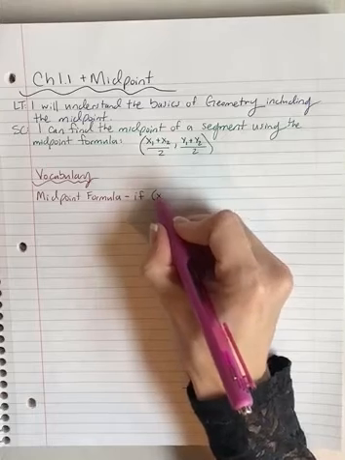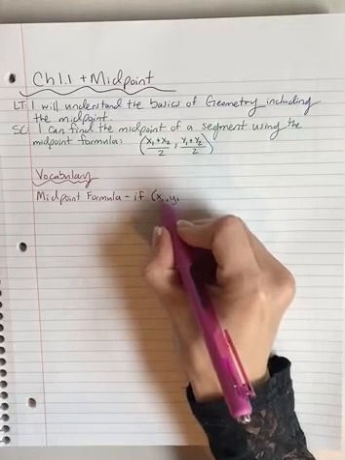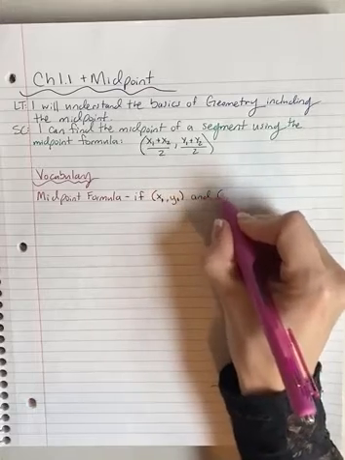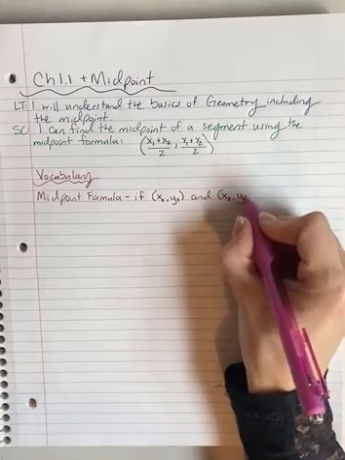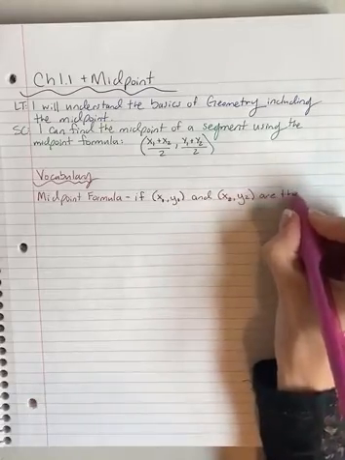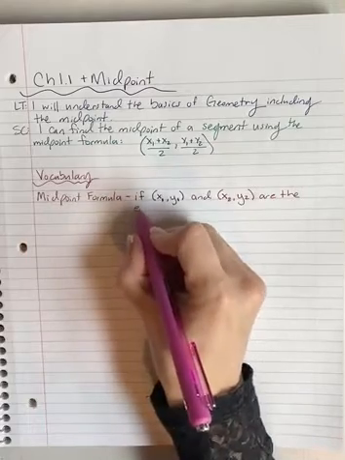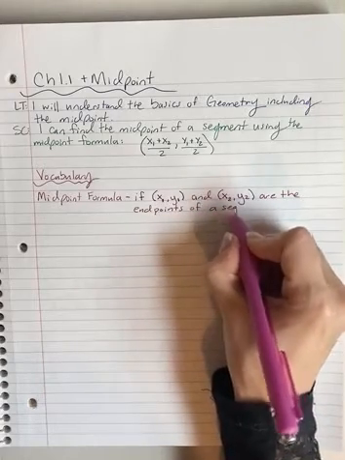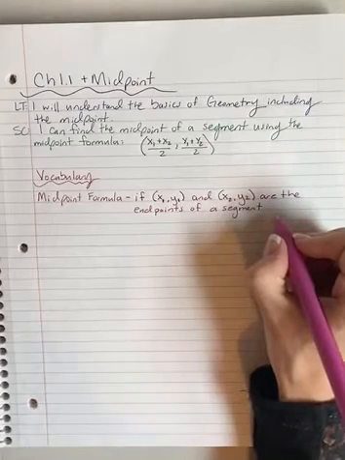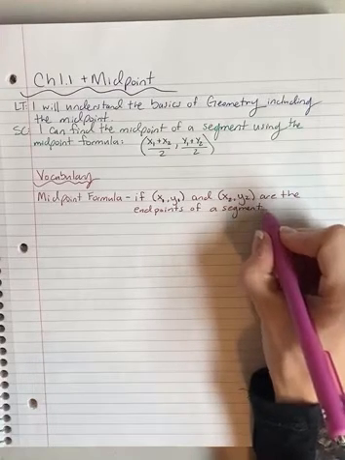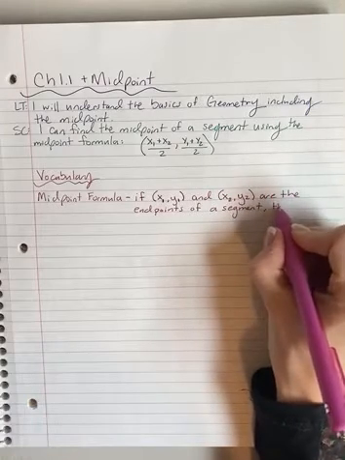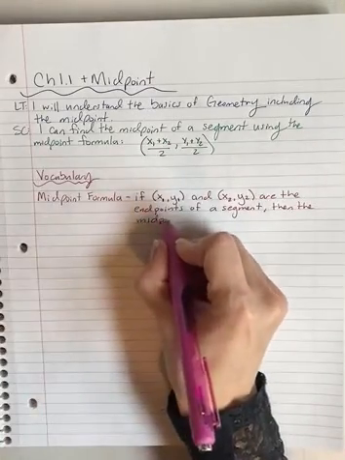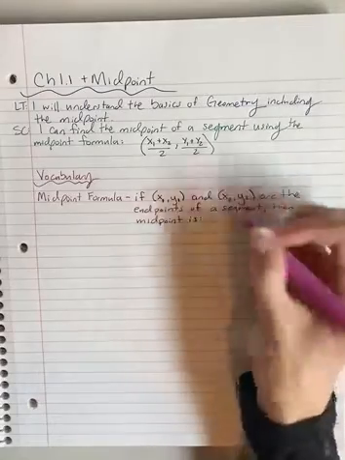So if x1 comma y1, these are little ones, and x2 comma y2 are the endpoints of a segment, then the midpoint is going to be